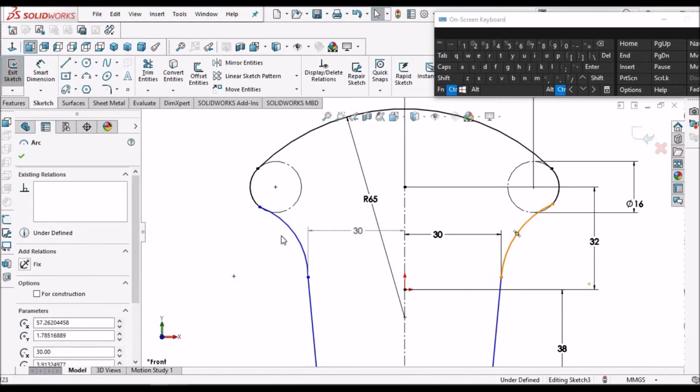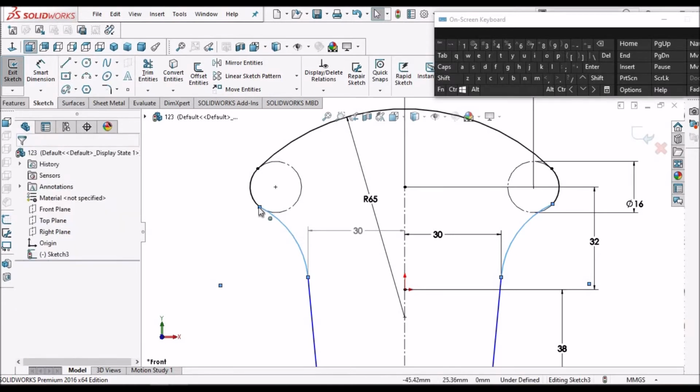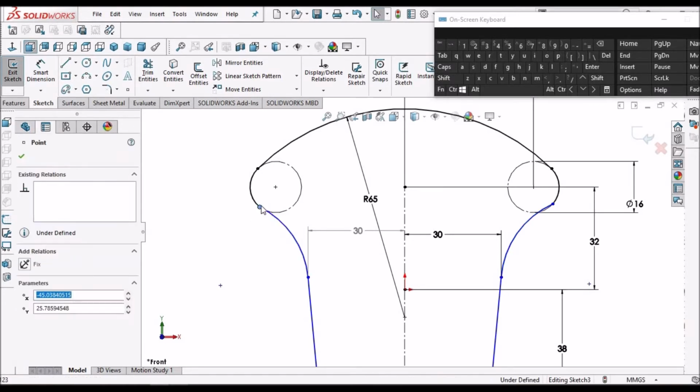We can make these two equal. And tangent, here also tangent.